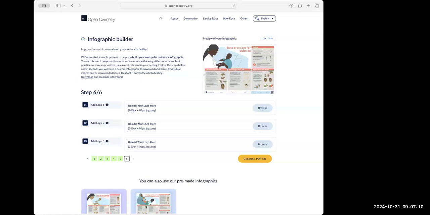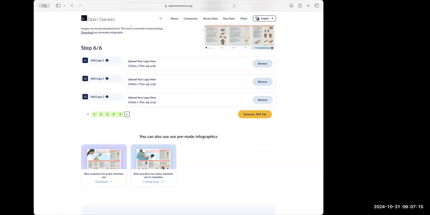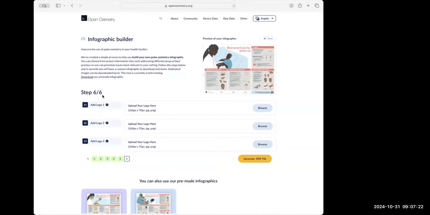The target audience, right now, is healthcare providers. So we do have best practices, some pre-made versions that you can download here. These are for healthcare providers. We have gotten feedback